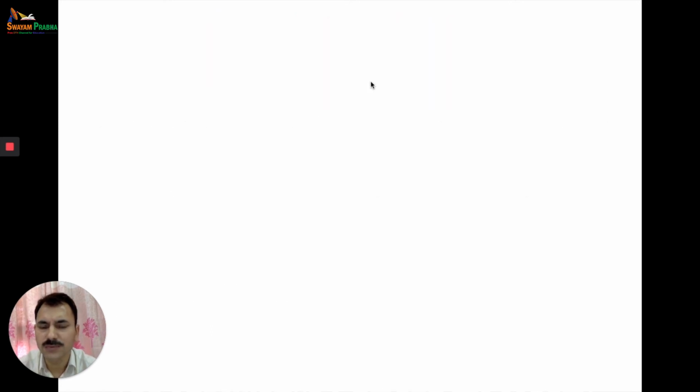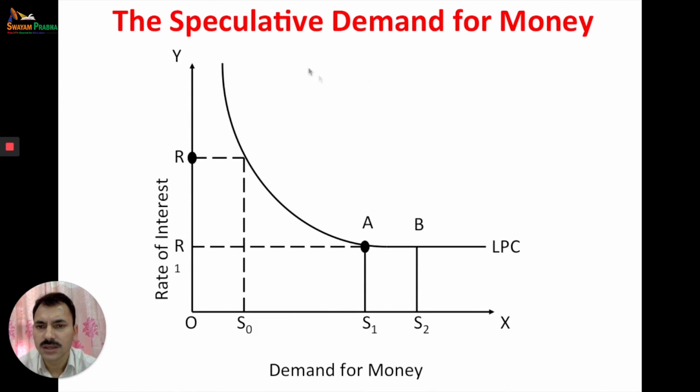Let us discuss with the help of the following figure. This is the demand for speculative motive. LPC is the demand for money for the speculative motive. On this side we have the rate of interest and demand for money. This curve shows the relationship between demand for money and rate of interest. The higher the rate of interest, the lower the demand for money, and the lower the rate of interest, the higher the demand for money. But the interesting point to be noted here is that when the rate of interest is, for example, R1,